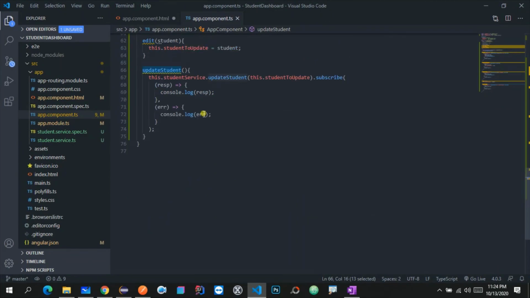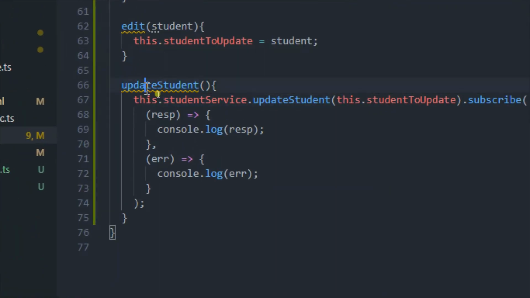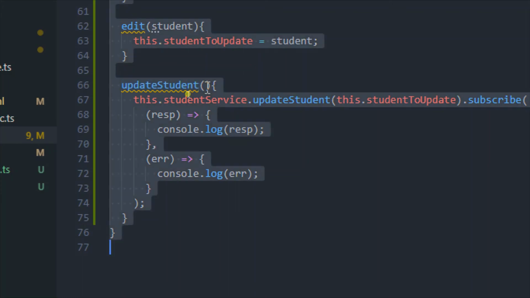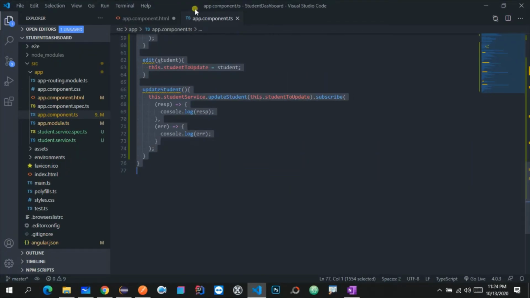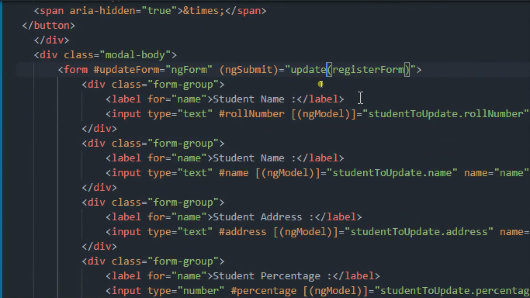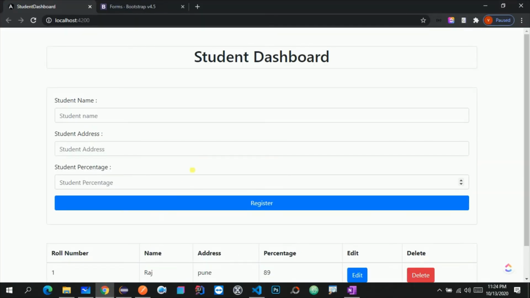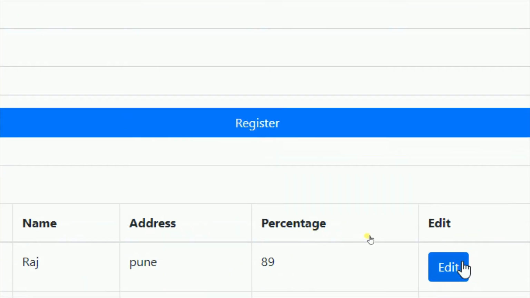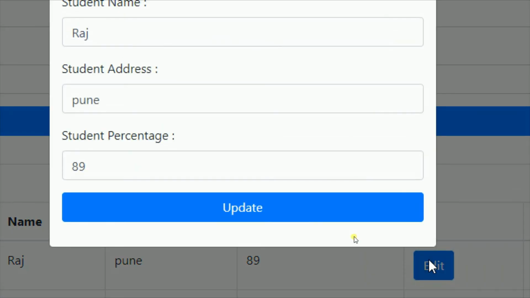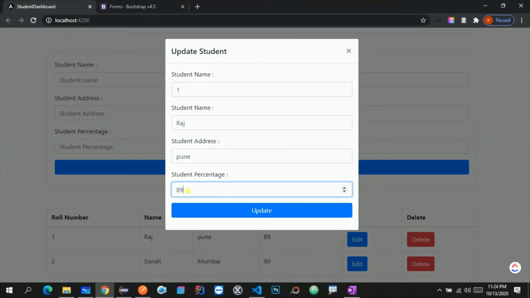So let me go over here, and the method name is update student, and this method doesn't require any parameter. So let me go to the app.component.html and let me paste it, and let me remove this parameter. Now let me save this, and let me go to the browser again, and over here let me click on this edit, and let me try to hit this.